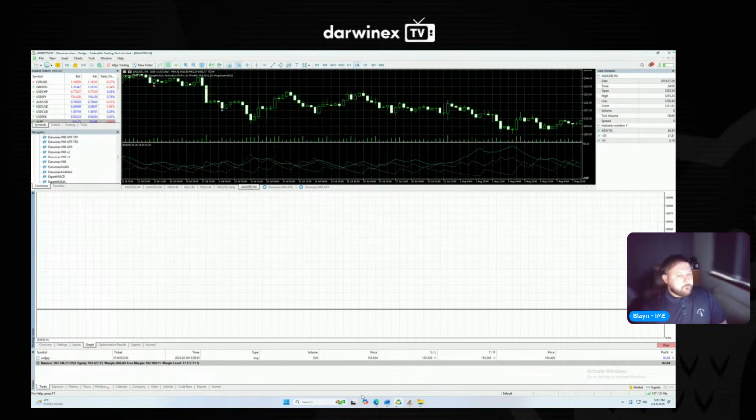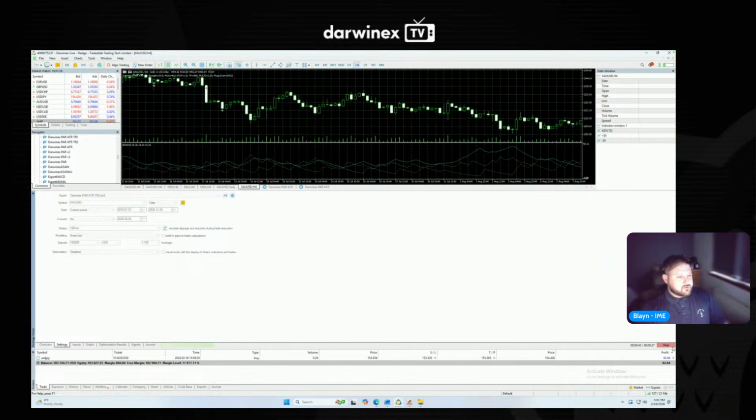Now, I won't be risking 1%. I'll be risking 0.1%, so the results are not going to be a 150% return to a 12% drawdown. It'll probably be more like a 10% return, or not even 10, probably an 8% return with a less than 1% drawdown. That's the sort of thing that will probably end up being, which is really good in terms of portfolio regions. So I'll be happy with that.